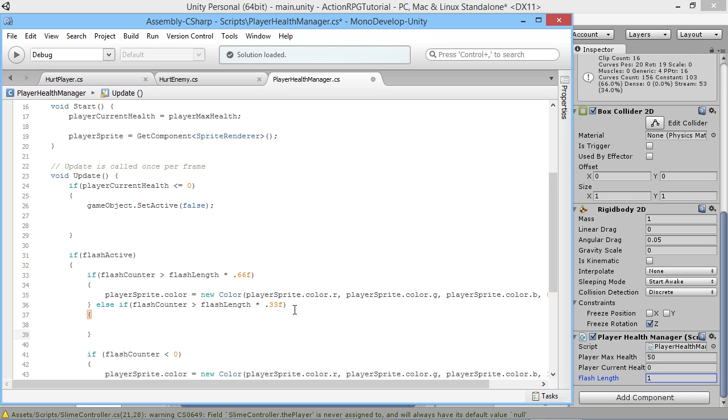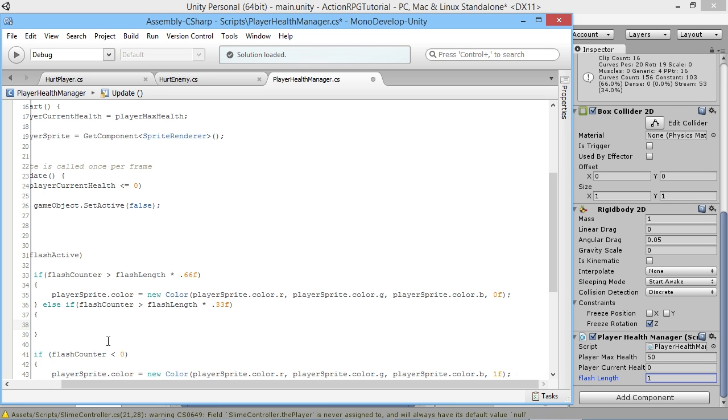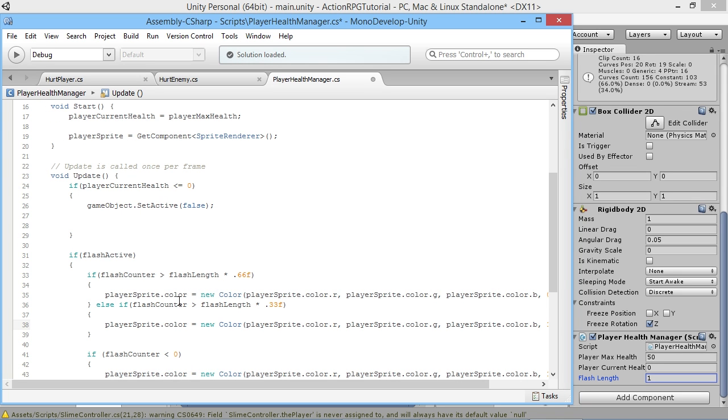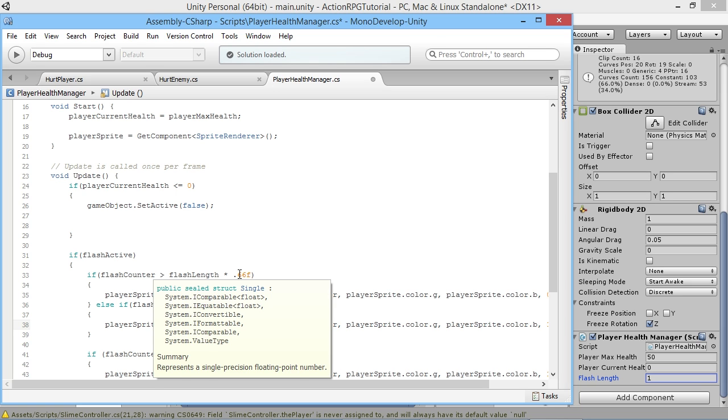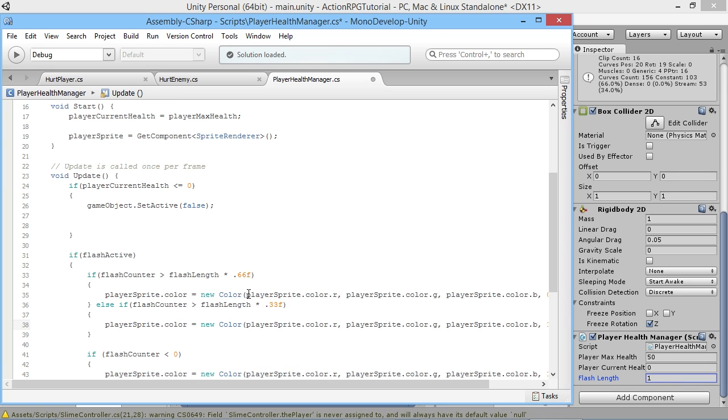So if it's greater than 1/3 of our total length, then we'll want it to come back to being visible again. So again, we can just paste in the same thing, and we can leave it at 1f this time. And the reason this works is because in this first if statement, we're checking if it's above 2/3 of the second, and if it's above that, then we make ourselves invisible. But then once it gets below 2/3, we'll do another check to see if it's above 1/3, and if it is above 1/3 and it gets into this phase, we already know that it's below 2/3 here,